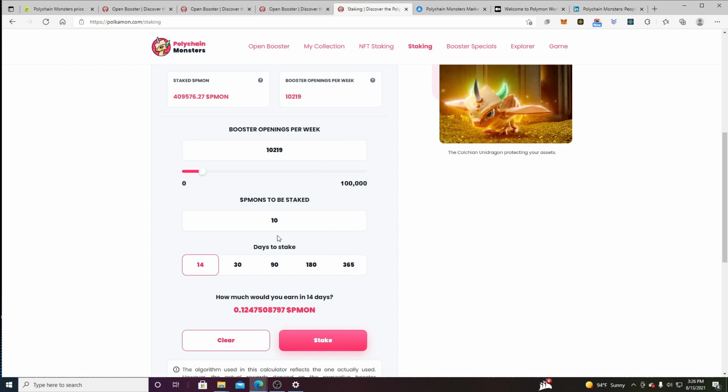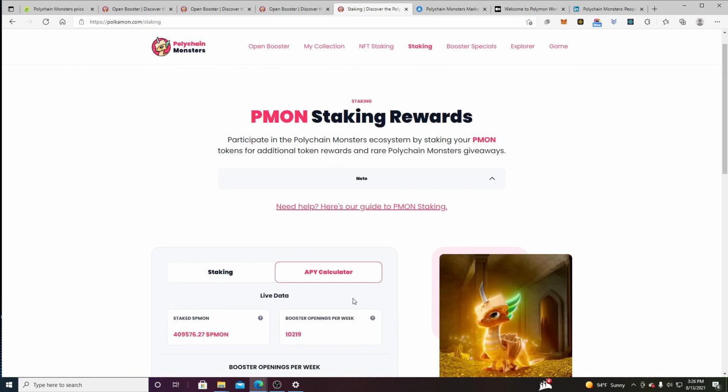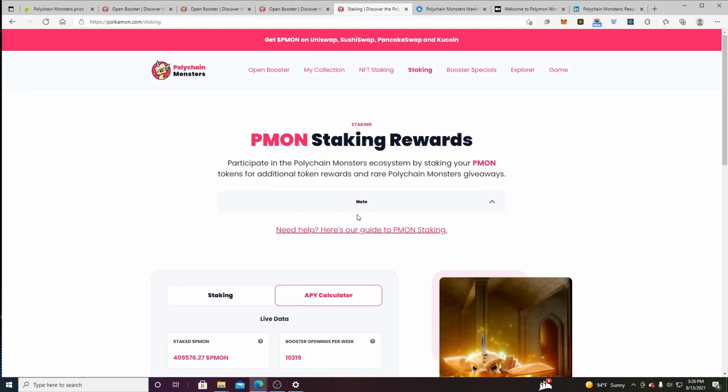And then they have this calculator to see, depending on how many Pimon tokens you stake, how much you would earn in 14 days. So for 10, you would earn that amount in 14 days. So that's a cool way to collect more tokens. Now I think my booster pack is ready, but before I do that, I just want to show you the